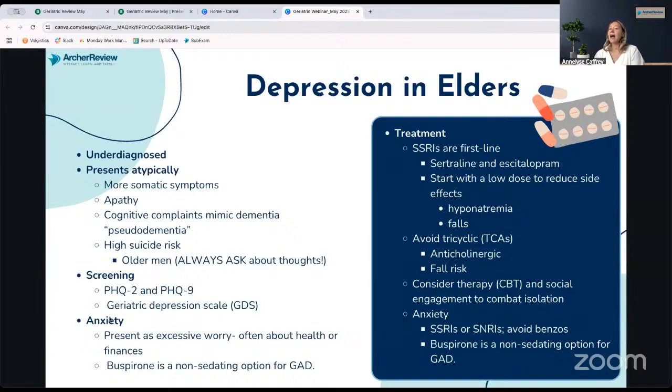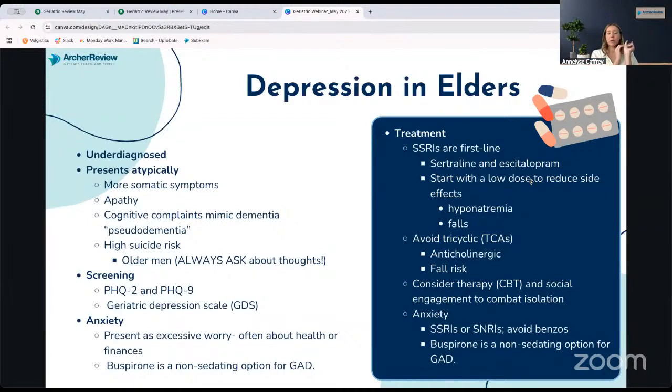Other than that, SSRIs are our first line treatment for both anxiety and depression. In an older adult population, sertraline and escitalopram. Those are going to be the 2 you should think of for older adults. That's not to say that you can't use the other ones, but research shows sertraline and escitalopram are your best options for an older adult population because a lot of SSRIs prolong the QT interval and have a lot of side effects. So these 2 are our best.